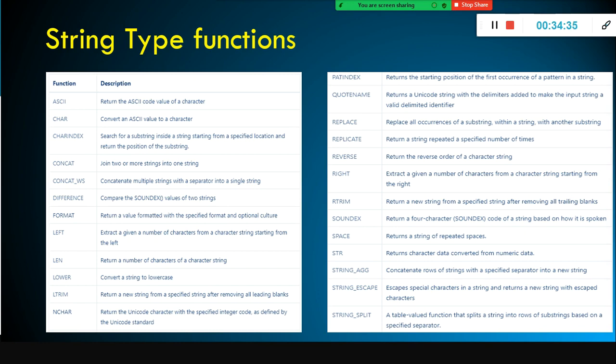We will take a look at those instead of going through all the functions, because in Power BI also a couple of built-in functions are available. But when it comes to Power BI, all you need to do is go to the Power Query Editor and just point and click.